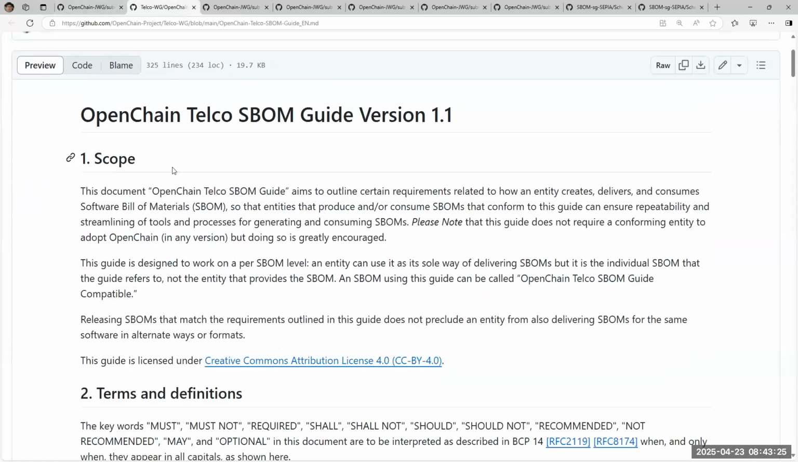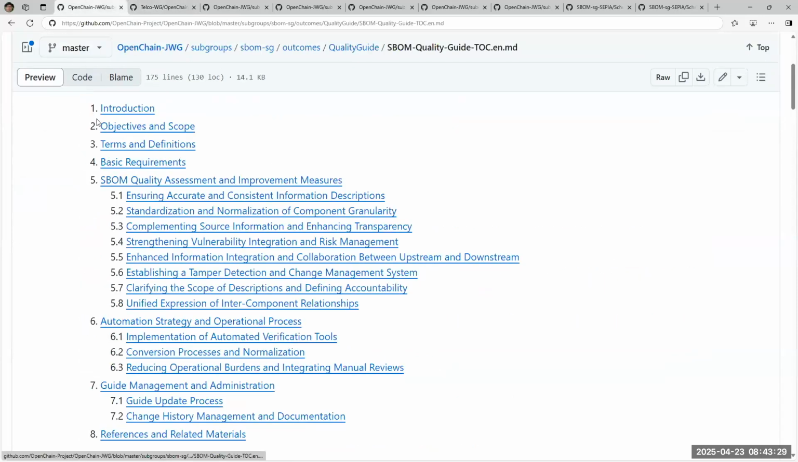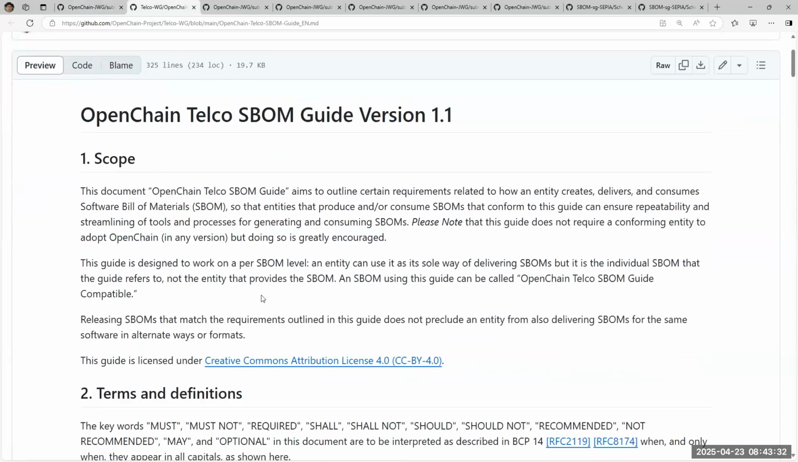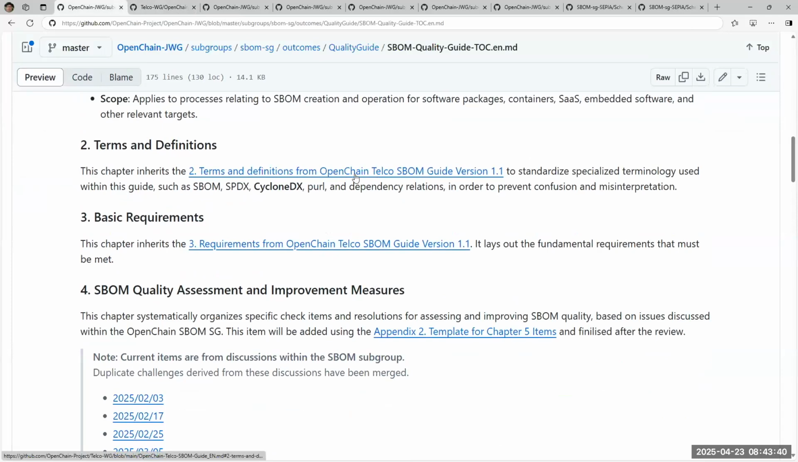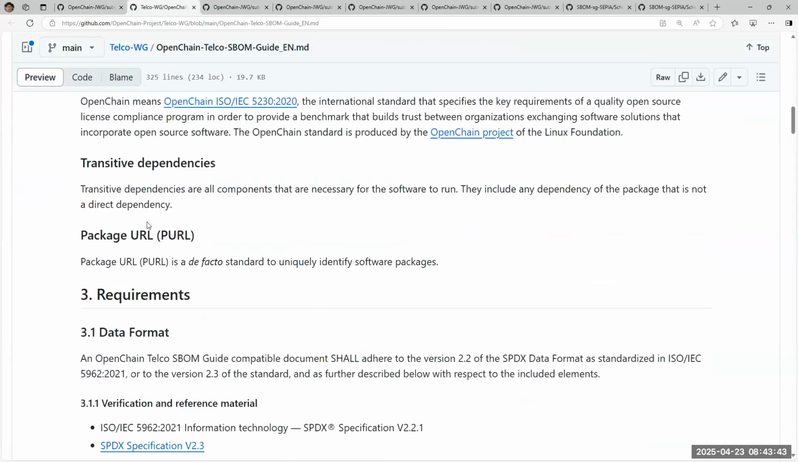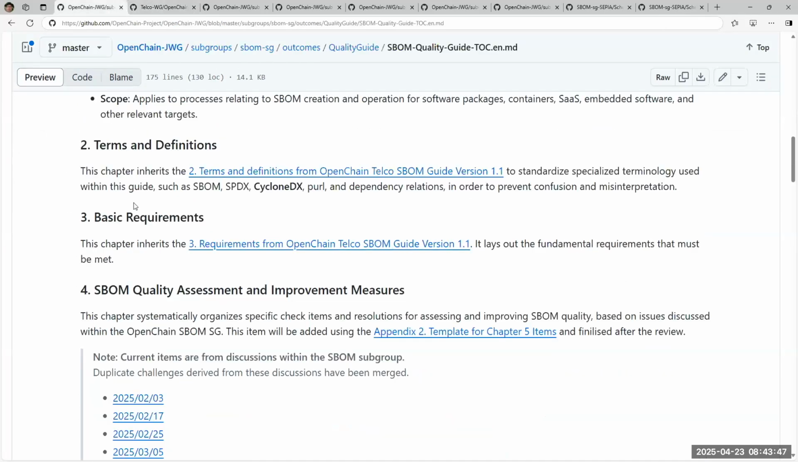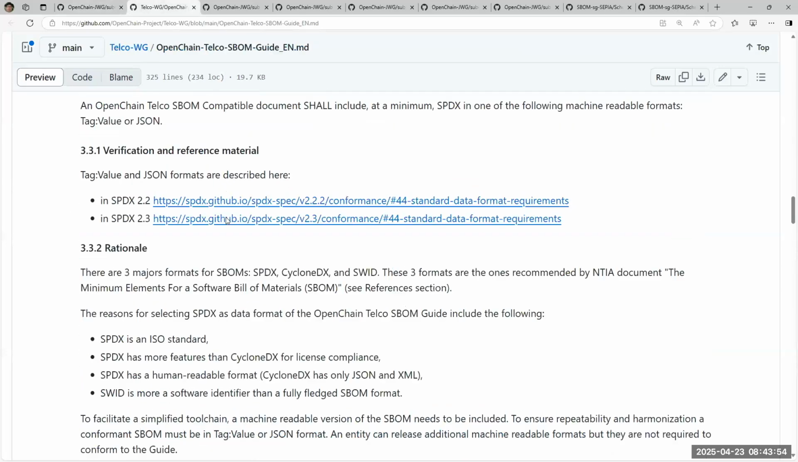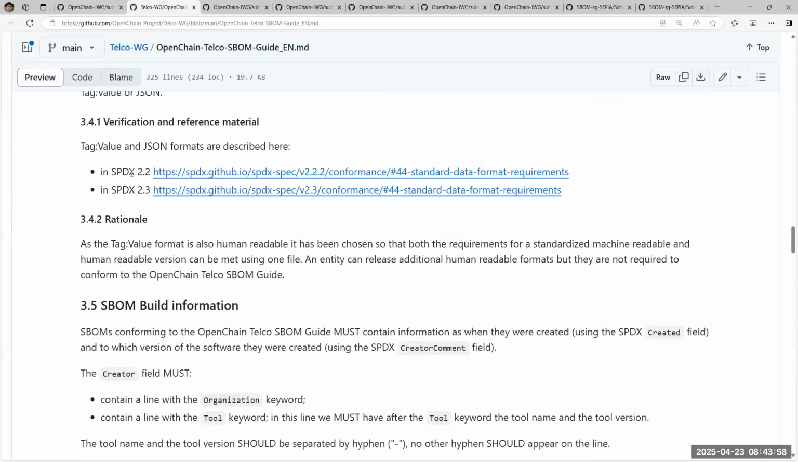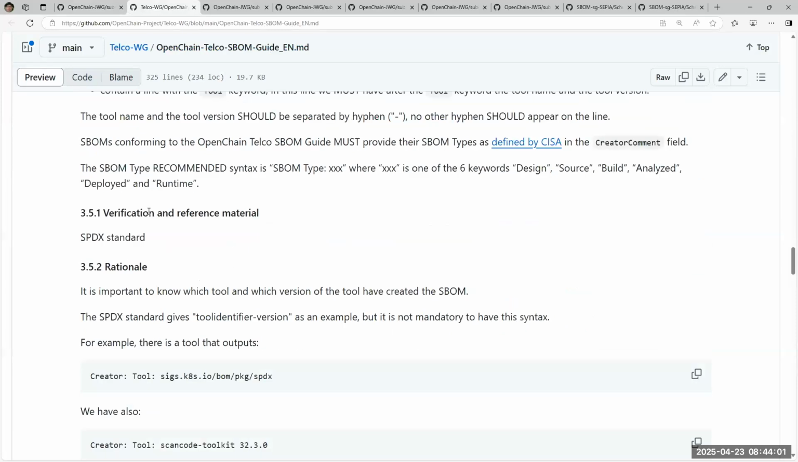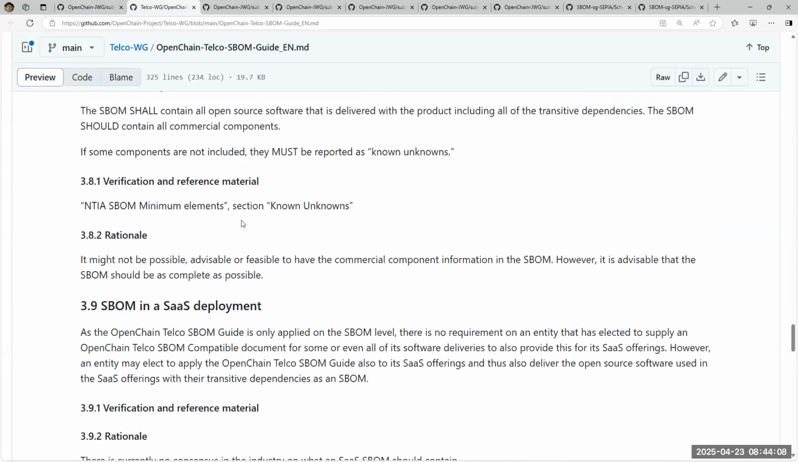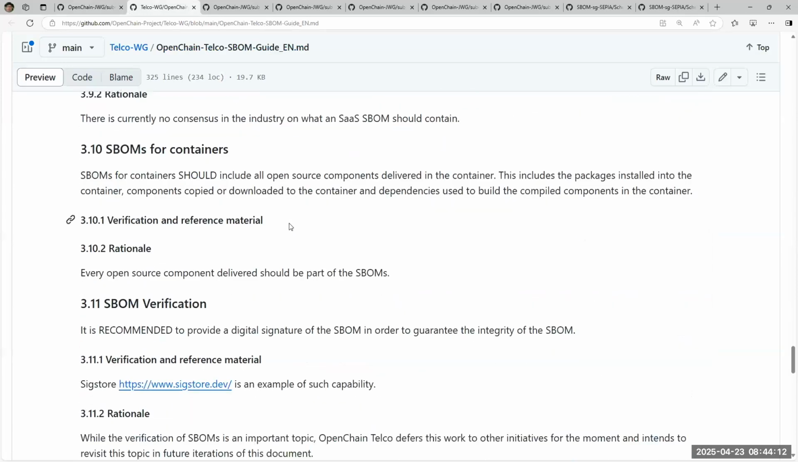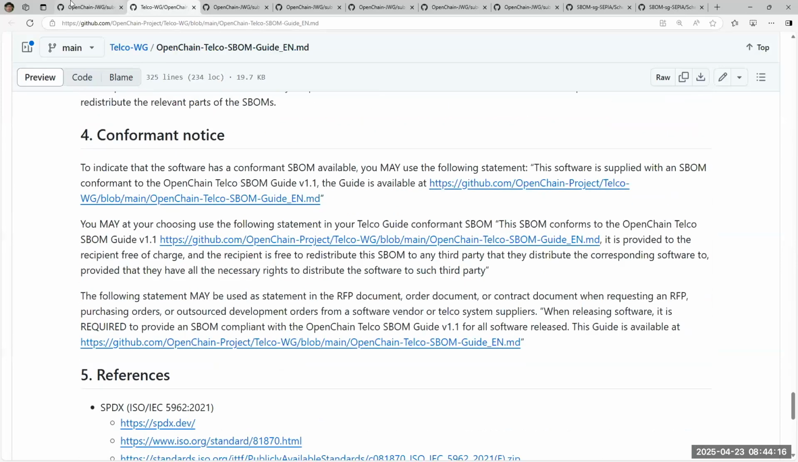For example, objectives and scope refers to the scope section, and the terms and definitions, yes, we should refer. After that, requirements we will refer in the third section, chapter 3. So there are no differences, but we will of course add some SPDX 3.0 or CycloneDX format. But basically, I intended to refer all of the contents from the OpenChain Telco SBOM guide. Oh, really? Okay. Might be my fault, but